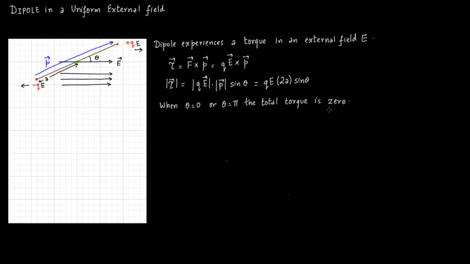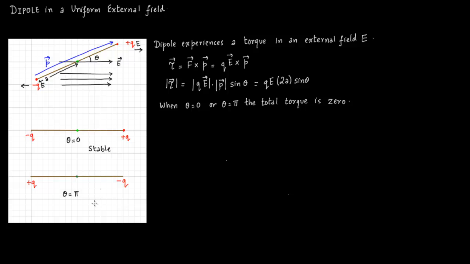So let us see this in the figure. So say when theta is 0, this is how it will look like. That plus Q will make 0 angle with the field. So the first figure is theta equal to 0 and the second figure is theta equal to pi. So this is theta equal to 0. Here theta is equal to pi. Notice the position of plus Q in both the cases.